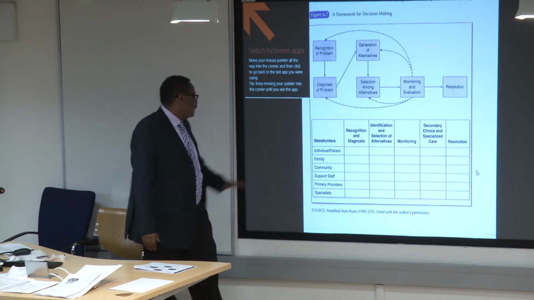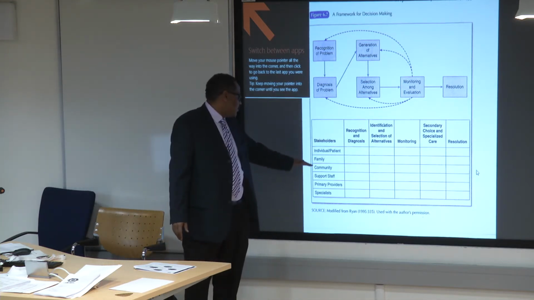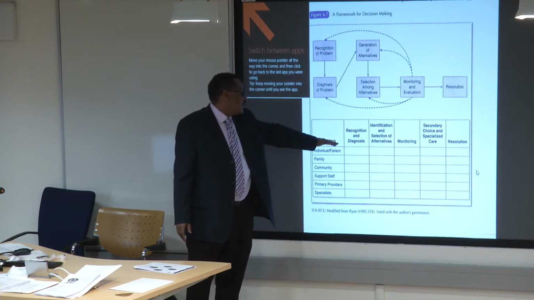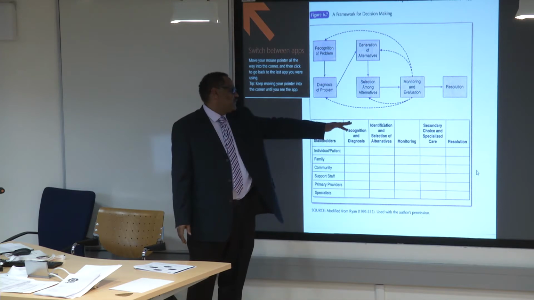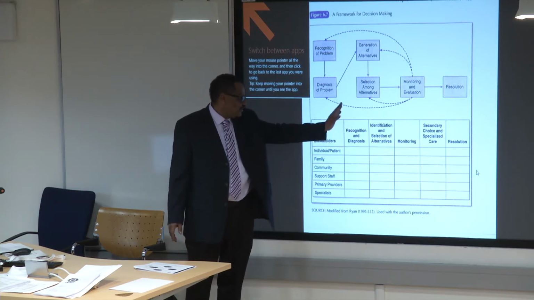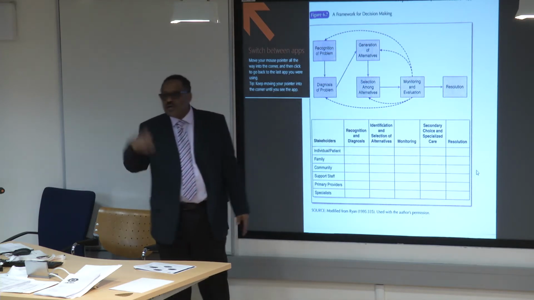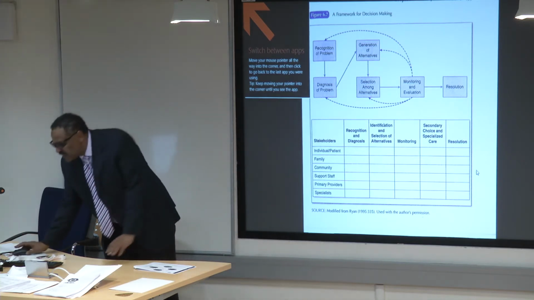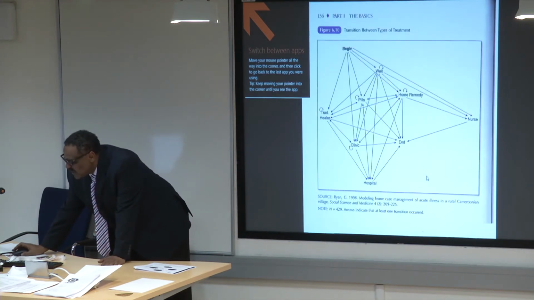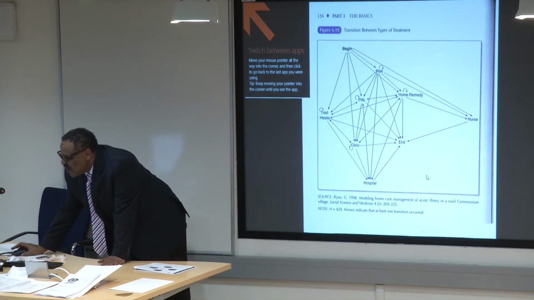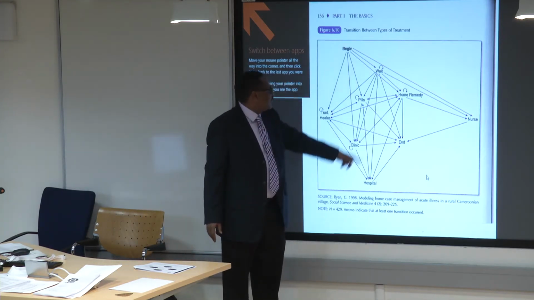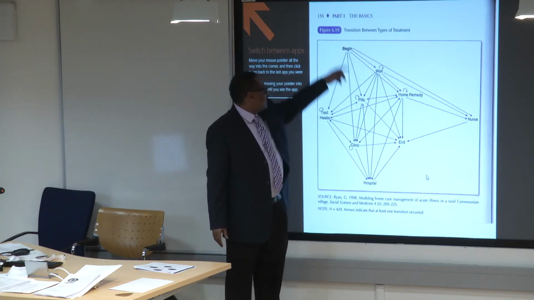So, in terms of individual pairs, stakeholders, family, community, support staff, primary recognition and diagnosis, identification, selection of alternative, monitoring, secondary choice, and specialized care, resolution. So I'm going through the different phases to do that. This is the transition between types of treatment. They begin here, they wait for hospital, you see, pills,